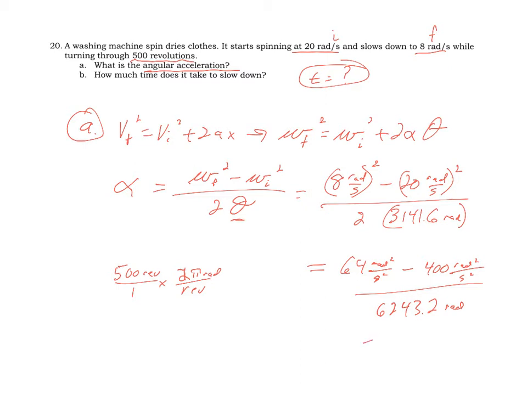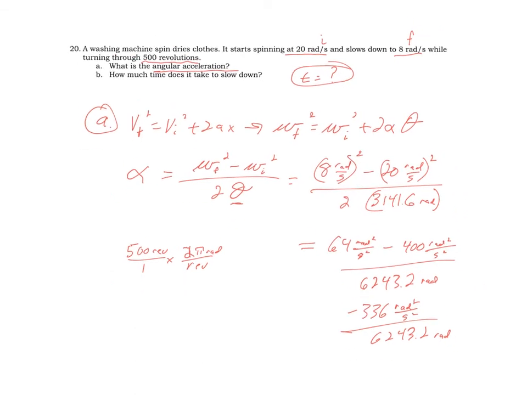I'm going to get negative 336 radians squared per second squared on top, over 6283.2 radians. And once I put that in my calculator,